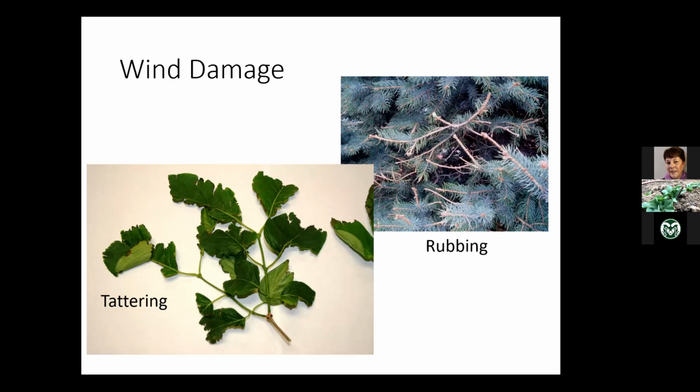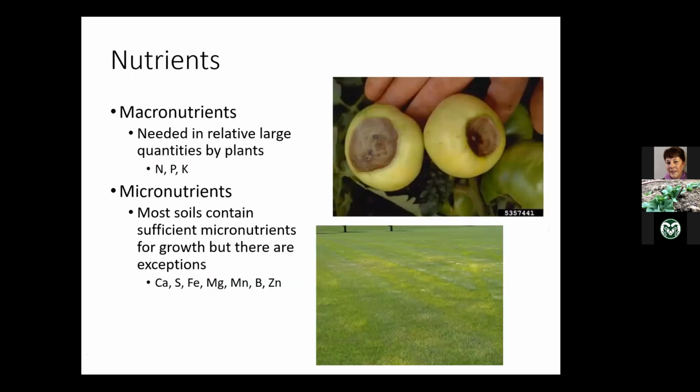Okay, nutrients. Let's talk about nutrients. So we have our macronutrients. These are the nitrogen, phosphorus, and potassium. They're needed by plants in relatively large quantities. Now, our soils generally have enough phosphorus and potassium, although we can add a little bit to the soils. But plants, especially in our